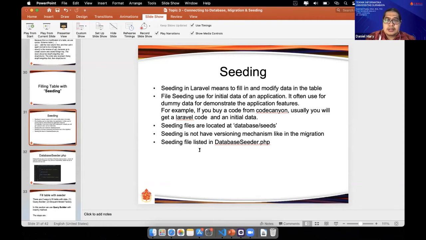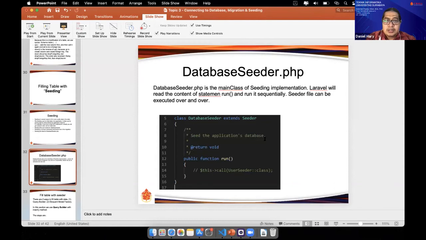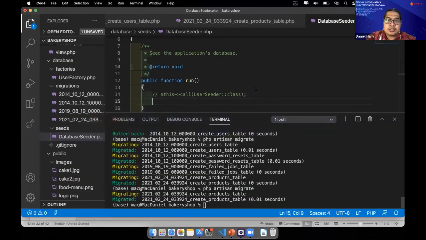And then there is the DatabaseSeeder file also. DatabaseSeeder.php is the main class. There is a run function where we can put the seeders.